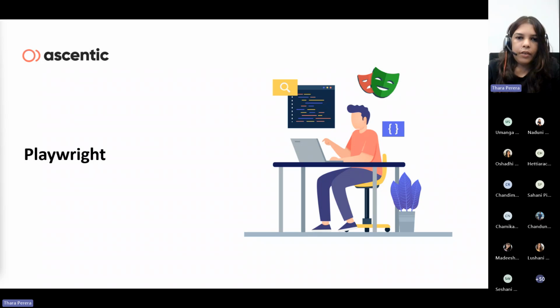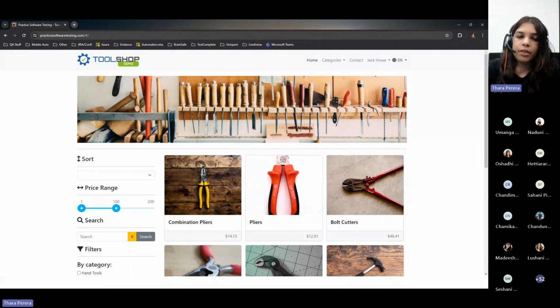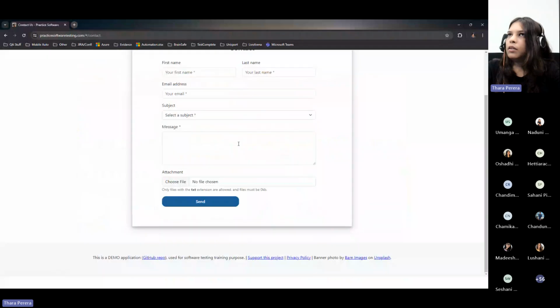So we will be considering this open source and free automation website. You can see my screen, I think, and we will go through these automation examples and see what we can achieve with the automation. This is an e-commerce application. You can see there are some tools available for us to shop, and there are functionalities like sorting, price range filtering, and category filtering as well. And there are some interactions between admin and customers. If you want more details, you can go to the contact page and go to this